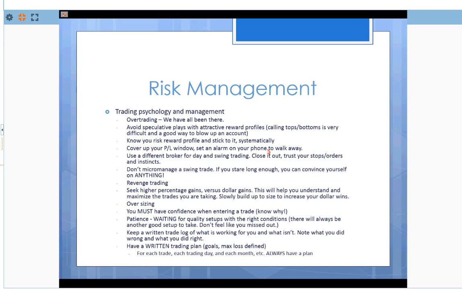Maybe you took too many reversal trades and you have a 30% win rate on reversal trades, instead of focusing on the 70% small cap breakout trades that you're more profitable on. At the end of the month, with a trade log, you can go back through and say, okay, well, I suck at reversal trading, so I'm not going to trade those anymore. I'm going to trade them on paper until I figure out a better way to do it, and I'm going to focus on what's working for me, and I'm going to put more size into those